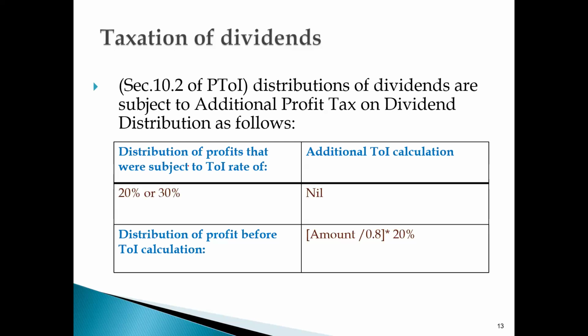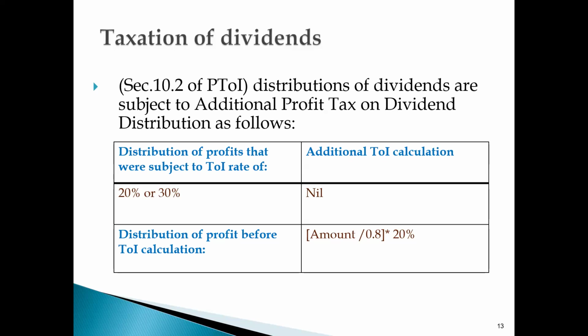So interim dividends are dividends distributed from retained earnings before paying tax on income 20% or 30%. When you distribute a profit that was subject to TOI, then you need to calculate what we call additional TOI